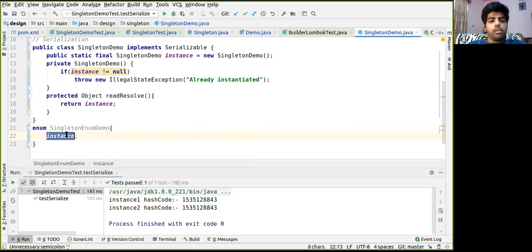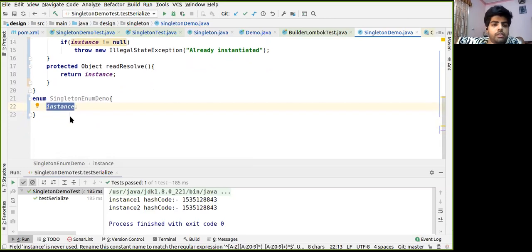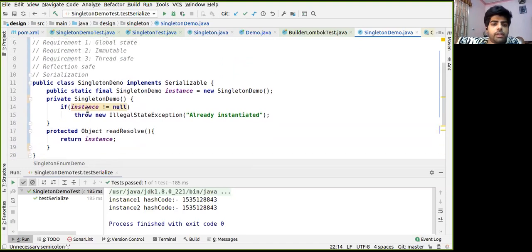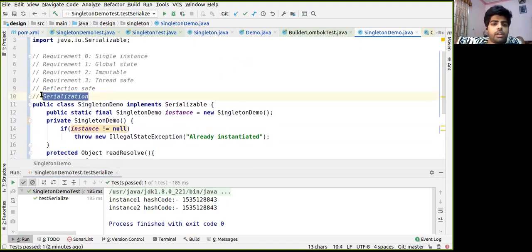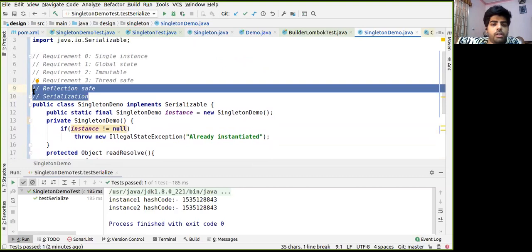Whenever we write an instance in an enum like this, it means that the instance is public static final, and we can use it outside the enum as well. So enum satisfies the serialization and reflection requirements as its inherent property.